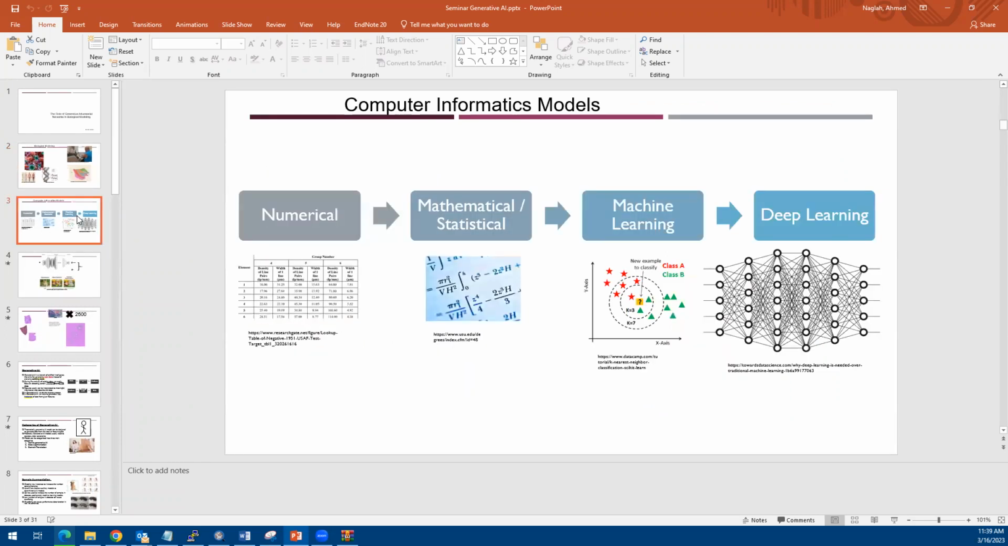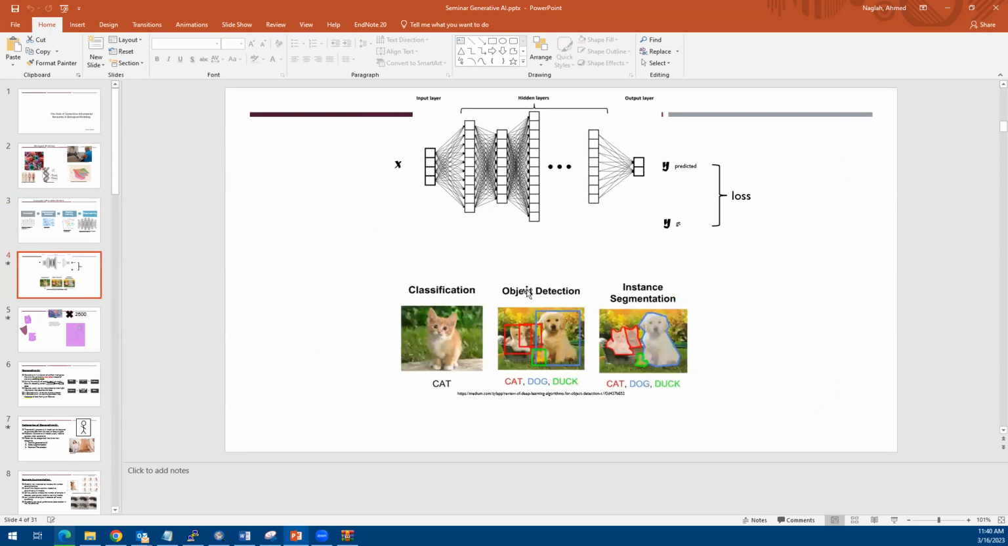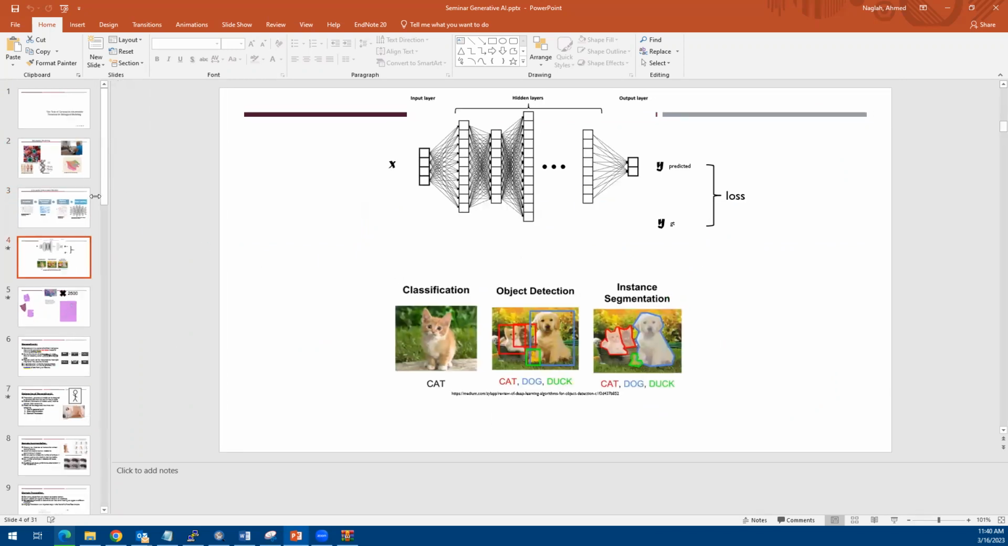So in the computational domain, because that's my specialty, computer informatics, we can have different types of models. We can have numerical models, we can have mathematical models, machine learning and deep learning. And because those deepfake models and generative models are mostly deep learning, let's just see